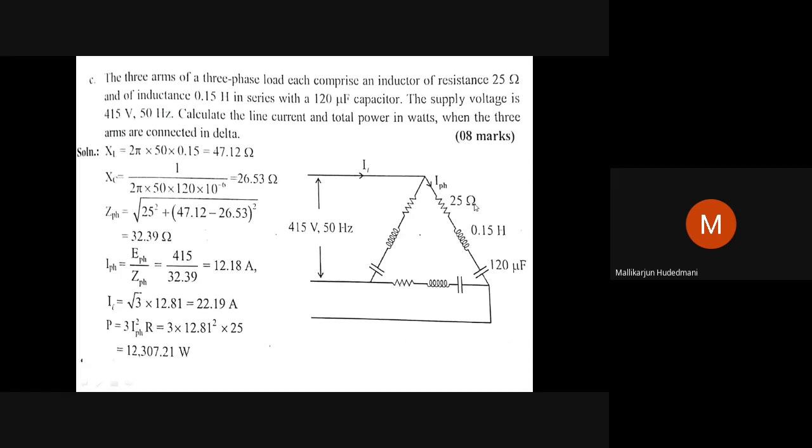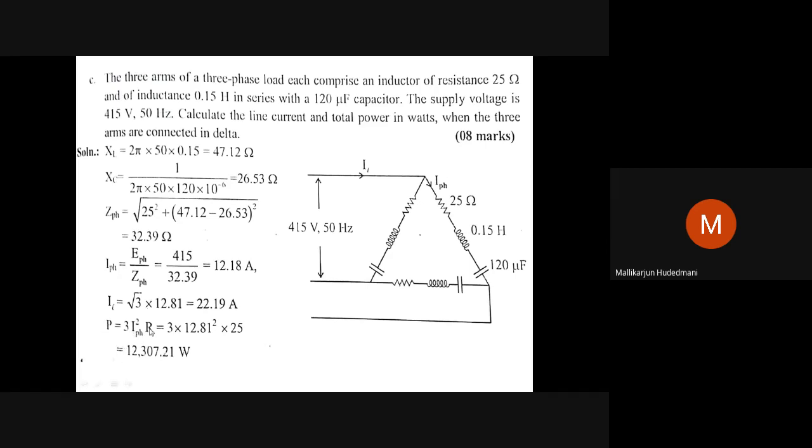Then what is the power consumed? Now the question is, power is I square R into 3. You can see this is the first time being used. What is power in single phase? I square R. So 3 times I square R is 3 phase power. But we know 3 phase power is root 3 VL IL cos phi. Now the question is, why is it not being done in this way? What is the technique used here?